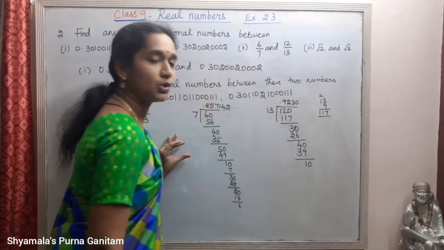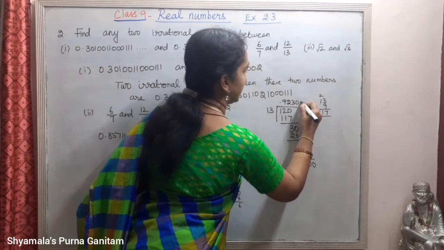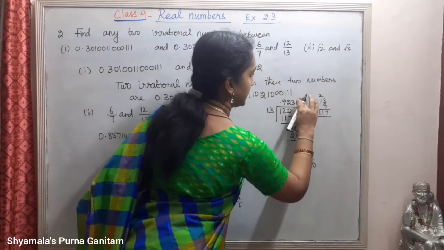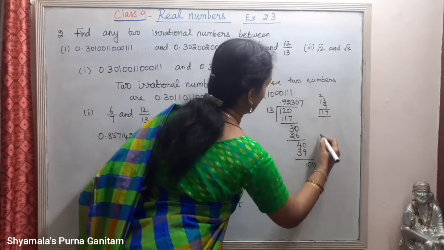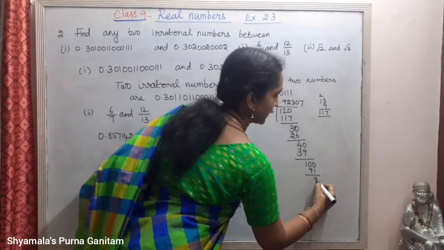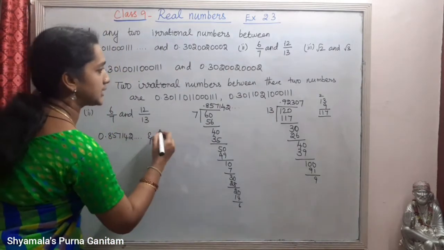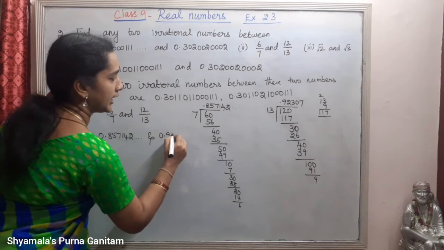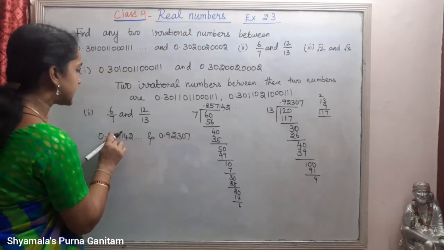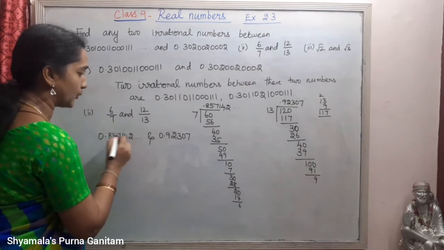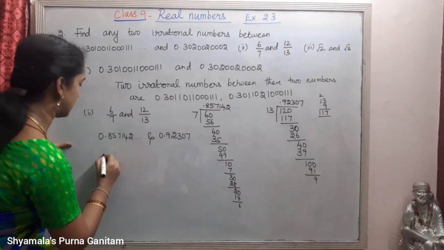If we put a 0 here, it is smaller than this 13. So we will add one more 0. So it will be 100. Then 8 times we will check. 8 times it will be exceeding. So 7 times, 7 3s are 21, 91 we will get. Remainder is 9. So we will stop with this. And so between these two, 0.92307. Here it is 857142. Here 92307. So many decimal numbers are there.